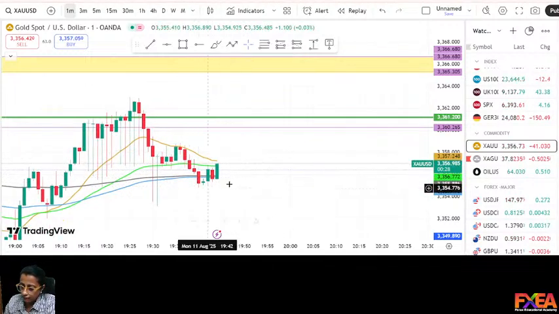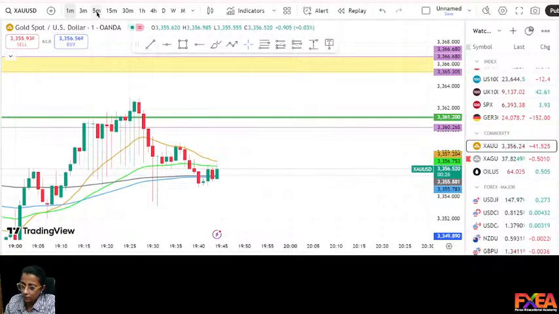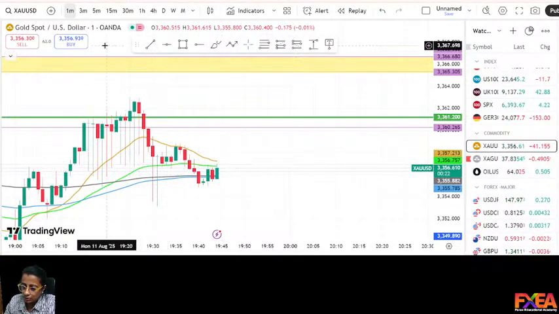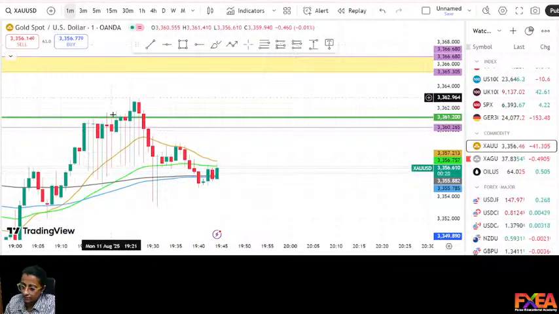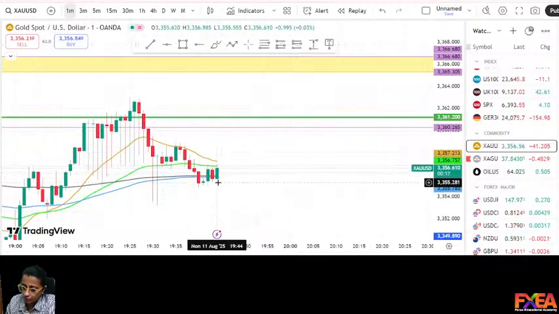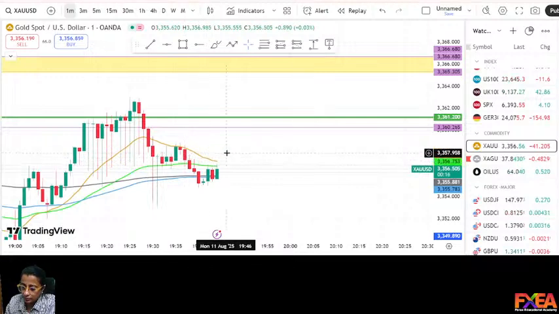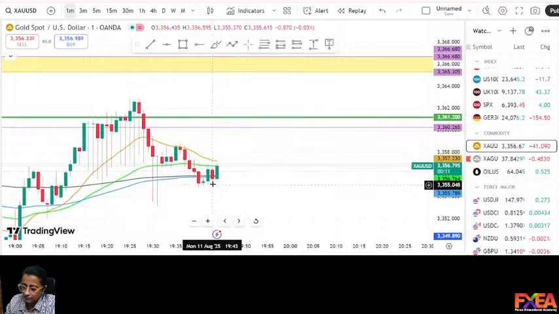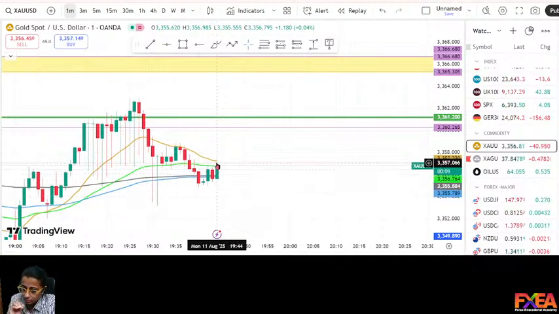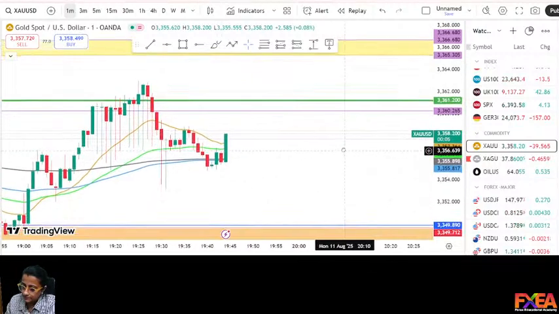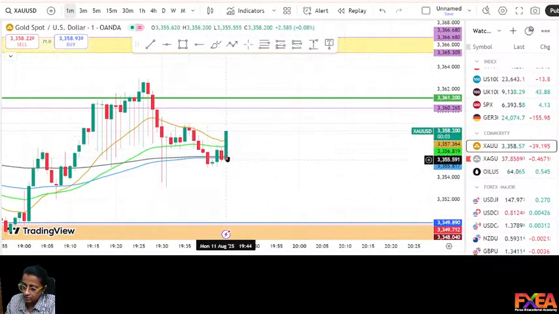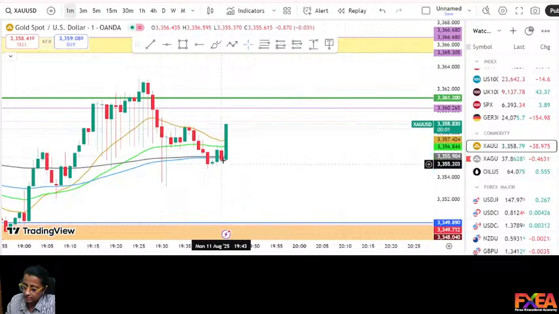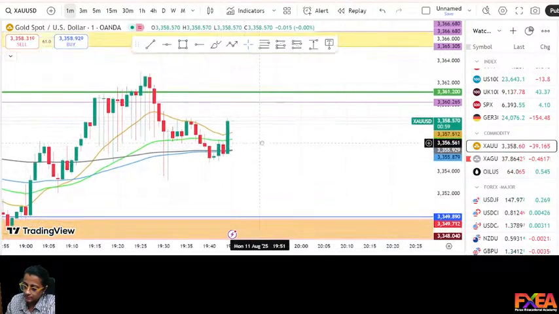So we say that we will check the higher time frame and take entries on the higher time frame, but always keep an eye on the lower time frame also for a better view. In the higher time frame you will see a bird's eye view of what is exactly happening with the market, but in the lower time frame you will see the small actual actions. See, I exited at the right position, right?